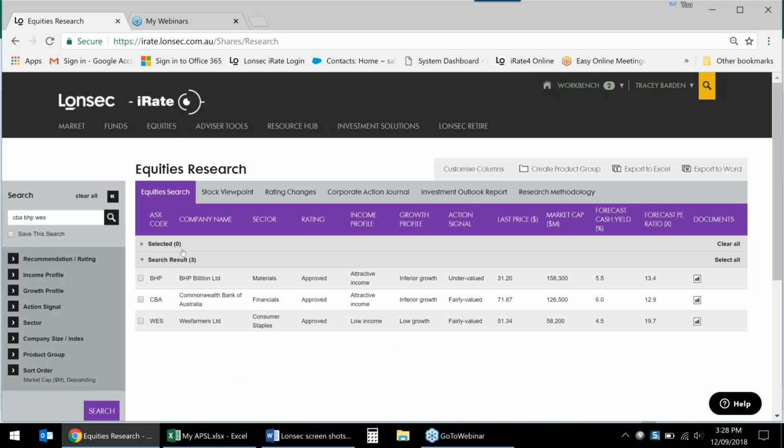And again, the navigation is the very same. So you can see that it's brought up those 3 stocks for me. So BHP, Commonwealth, and Wesfarmers. You have all the different headings across here. And the last price is always as I close the business yesterday. So that's always dynamically updated. And you also have the quick links to your research report. So in the stocks, it's the stock viewpoint. If you click on here,